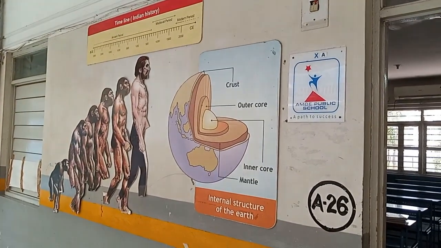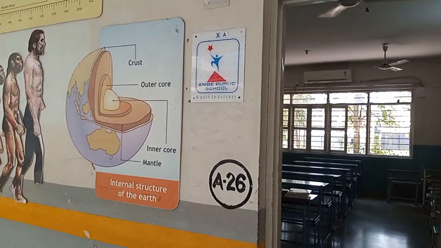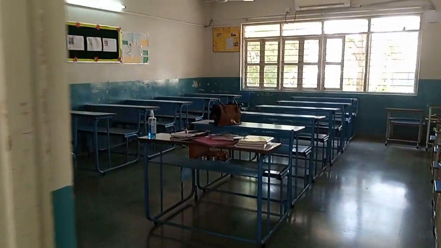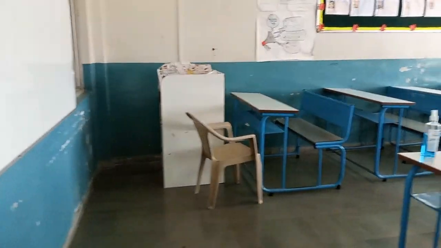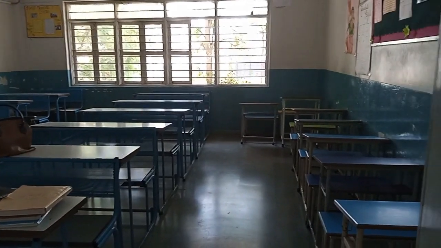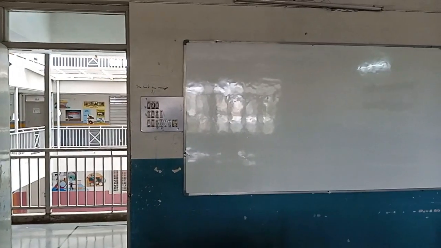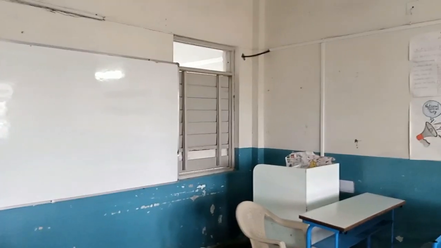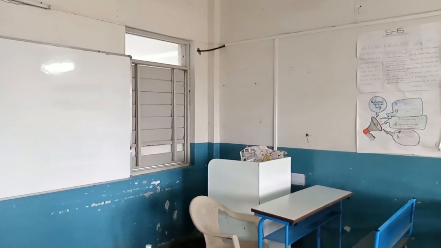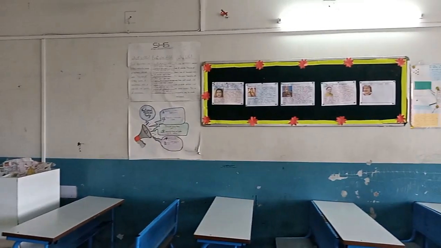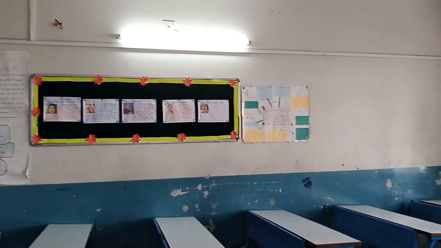We are showing you one class. You can take a look at the inner structure of the class. This is 10th A class. We are ready for you, and we are waiting for you to join the school at the earliest. The podium, teachers table, your whiteboard. That is the white podium from where the smart class is handled. The smart class works from there. You can see students work.